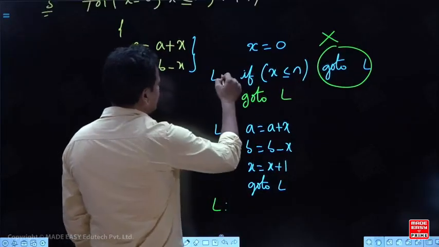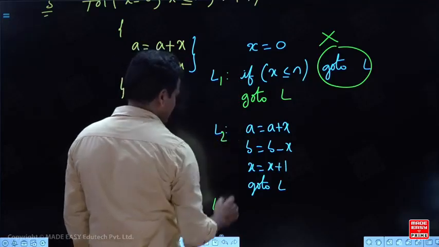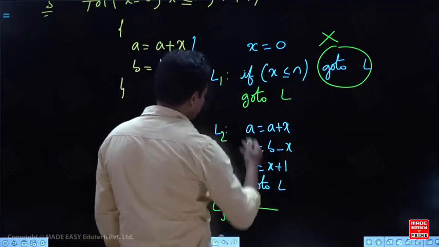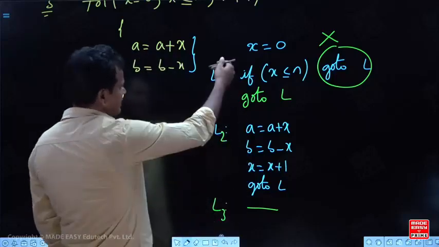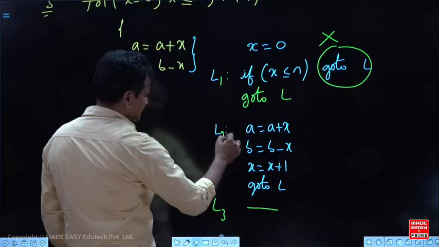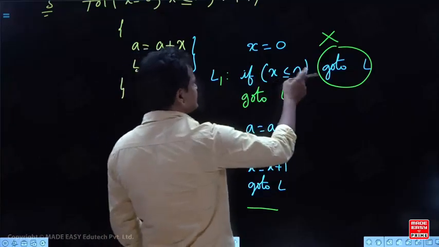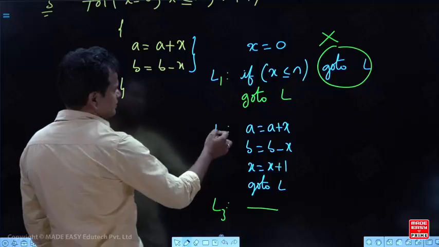Now look at this. I will give this as L1, this as L2 and this as L3, in sequence, to look good. If x is less than or equal to n, you have to go to L2.